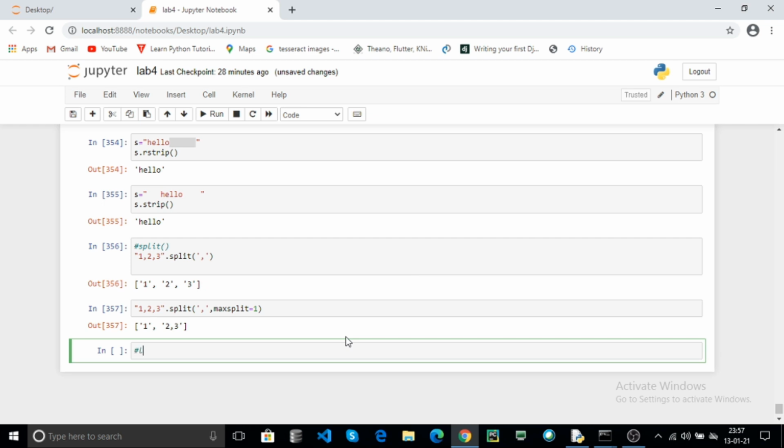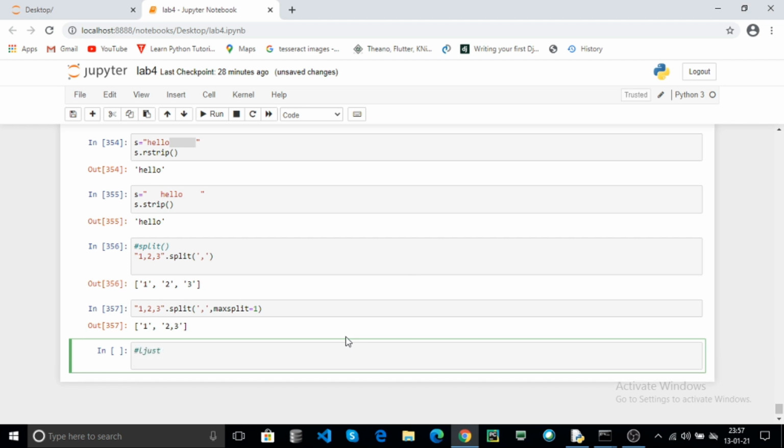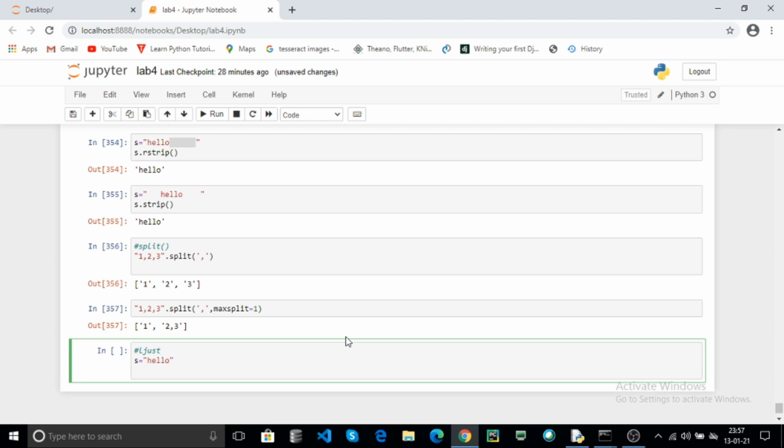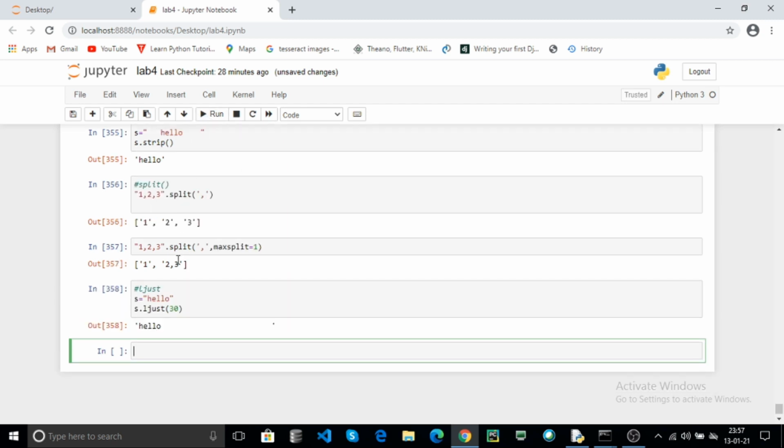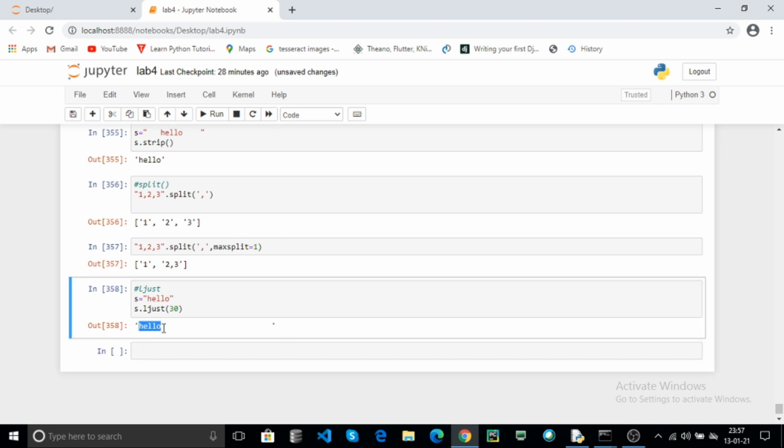Now ljust. Suppose your string contains hello. Here you can pass s.ljust(30), for example 30. Click on run. Here your string will be printed, and the remaining width is allocated to spaces.